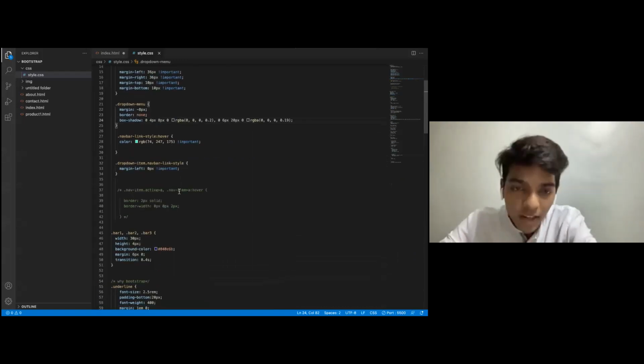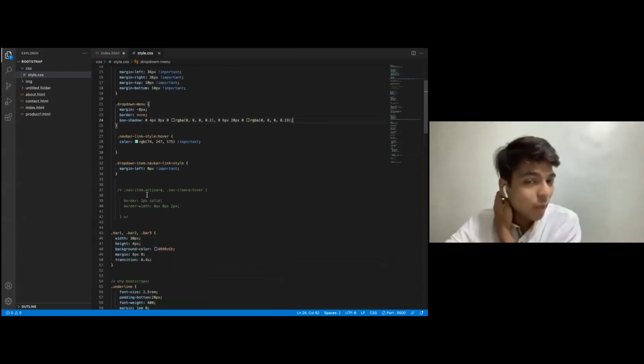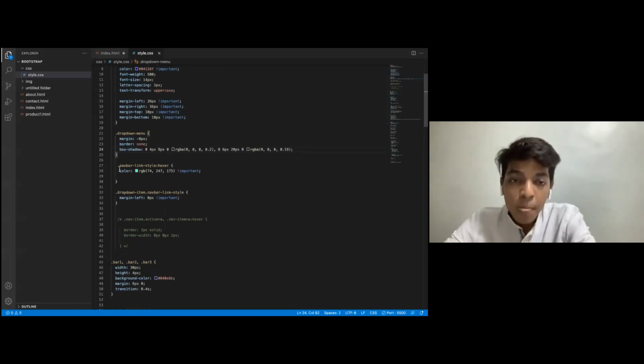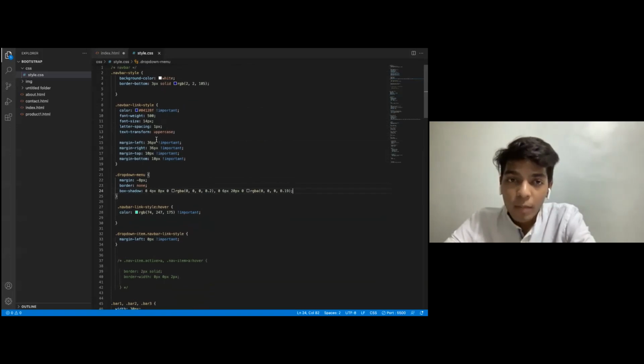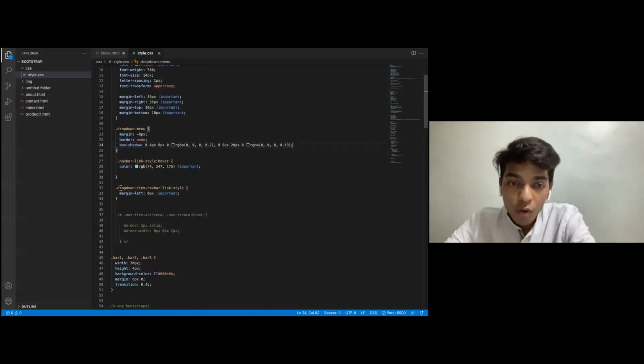I have commented this out because it was something that was more of a styling. So I have just removed it and commented it out. So this is when I hover my style sheet. But what if I want to hover my drop down item? I have a part of drop down item, and for that drop down item I want to use the hover style, and I want the margin left of nothing.